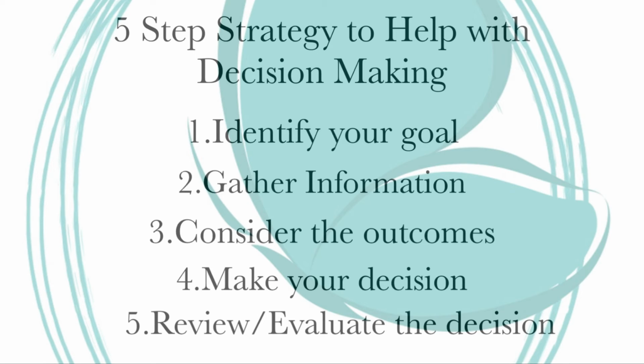The next step, step 4, is to make your decision. Now, I understand that this step can come with a lot of different emotions coming up. And so this might be a time to take a step back, connect with yourself, and just see where some of those hesitations might be lying or what they might be rooted in. And then reviewing maybe again the goal, the pros and cons list, the different outcomes, because no matter what decisions that we make in life, there will always be outcomes, whether we see them as positive, negative, somewhere in between